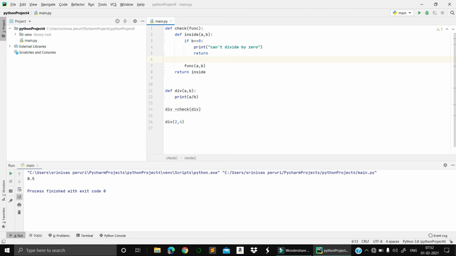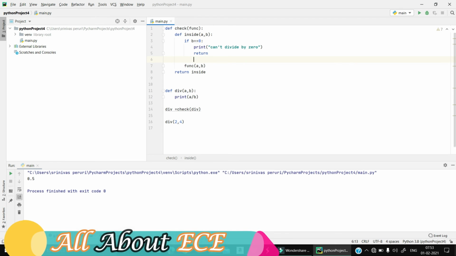If a is greater than b, or a by b, right? So if a is greater, b lesser will happen. If I'm giving a and b as values like 2 and 4, irrespective of that, I need to swap the values. It means I need to get a positive value and not 0.5. In such a case, how can we implement that?